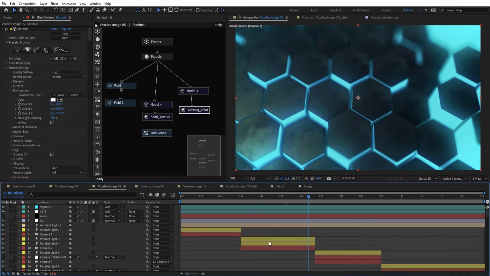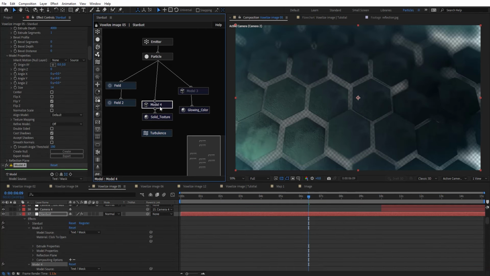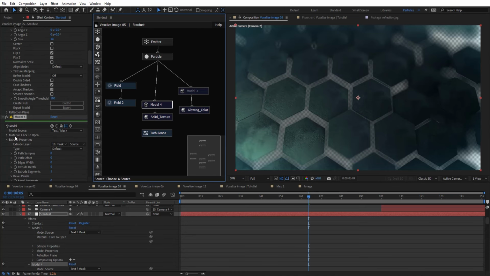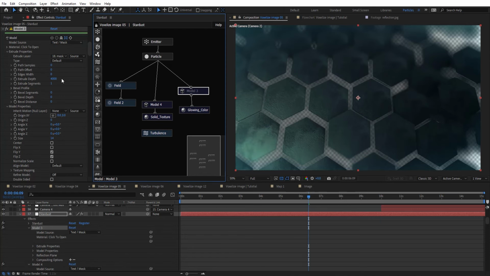You can play with lights and camera, and right here you can see we have two different models. On the top we have the surface or the face. Basically let's disable this one here. So right here you can see we have this one here. So we can separate these material textures to each one. For this one we have just extruded that by 5 and this one by 4000. So basically this one is on top of these